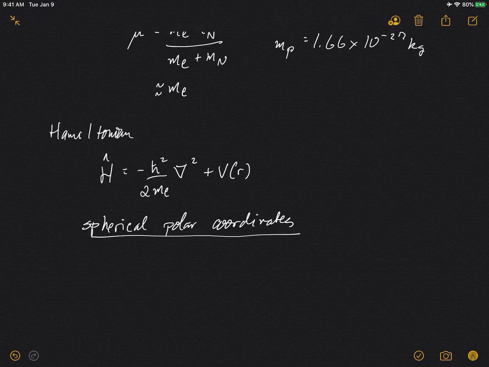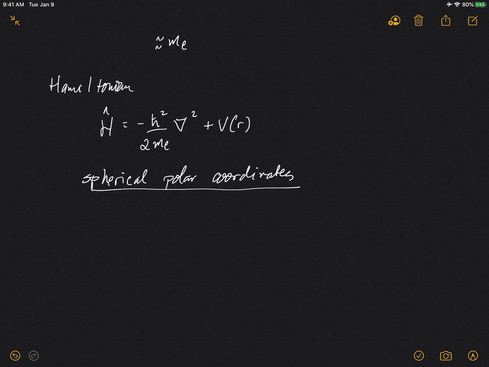We previously discussed spherical polar coordinates, and I will not repeat them here. You could look at the previous discussion of spherical polar coordinates in the discussion of the rigid rotor. However, we do need to look at what del squared looks like in spherical polar coordinates, and we're going to have to treat it a little bit differently than we did in the rigid rotor case. First of all, we're using lowercase r instead of capital R. And so that's going to give us that del squared is equal to,